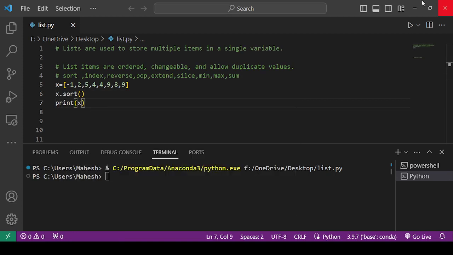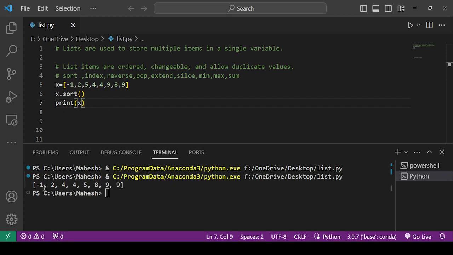So what will I get? I will get this list in ascending order. I'm going to run this. See here, -1, then 2, 4, 4, 5, 8, 9, 9. So this is nothing but the sort operation.